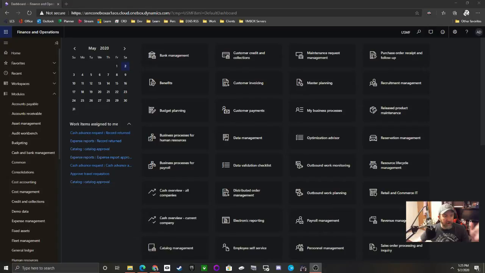Hello everyone. We're going to go ahead today and talk about setting up some basic carriers in TMS. This is going through the transportation management module in Dynamics to set up those carriers. Later on, we're going to use the same carrier I'm going to set up here as a demo to create